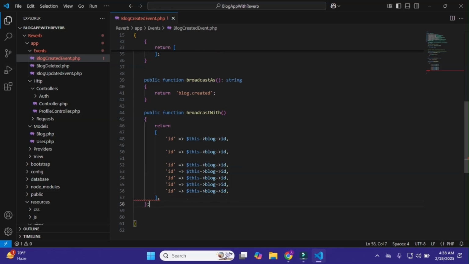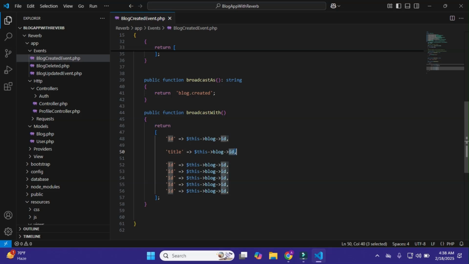Okay, now I'll close this like this, here and here. We get the id of the blog and the title also.